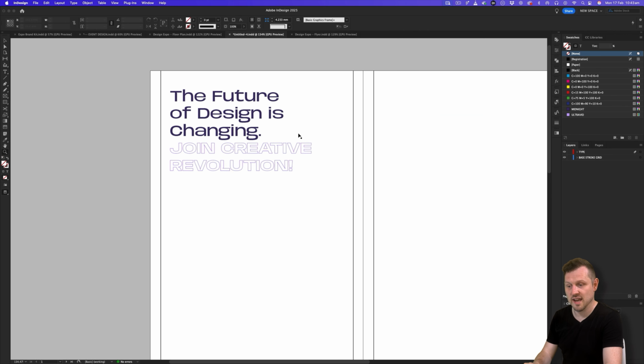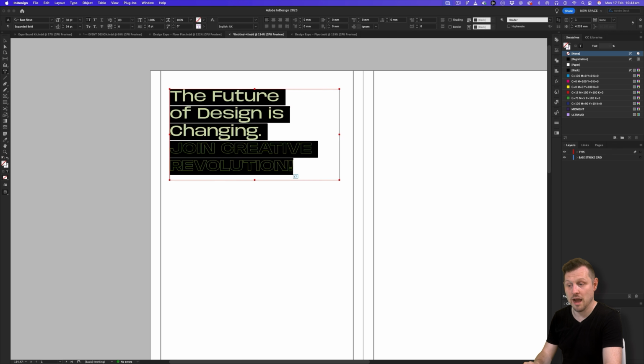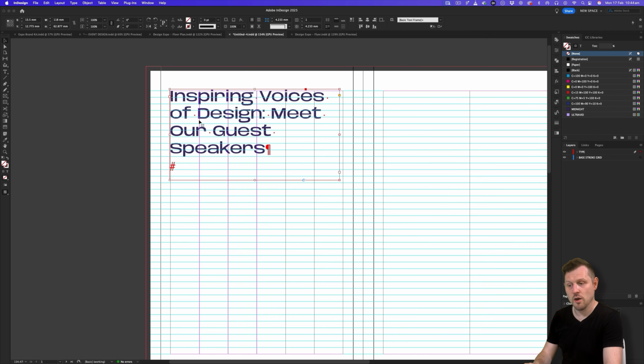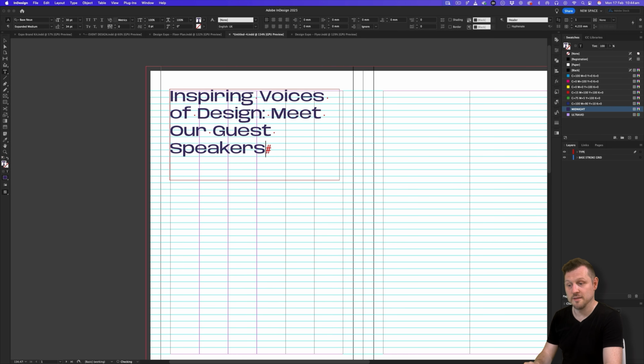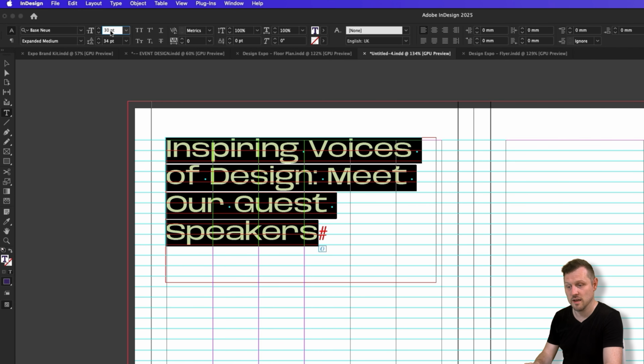I'll jump into the content deck, copy the title text for page 1, back into my document, I'll select all and paste, and I'll be sure to remove the paragraph break at the end. So right now, this text is a lot larger than I'd like it to be. So I'll select the text and up in the control panel, I'll set the size to 18 and the leading to